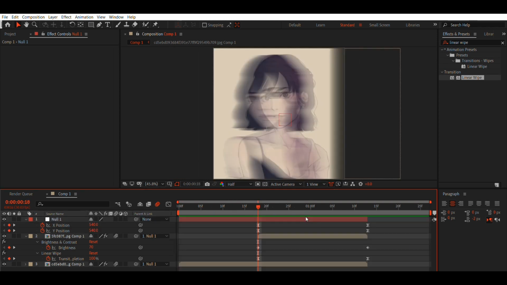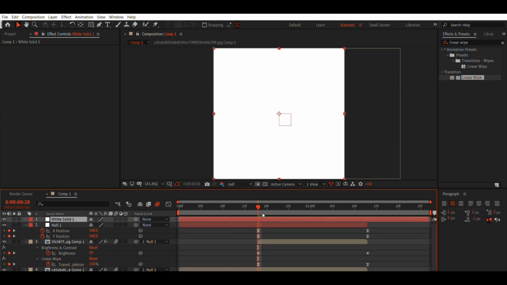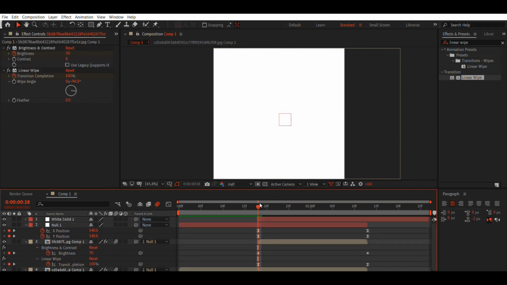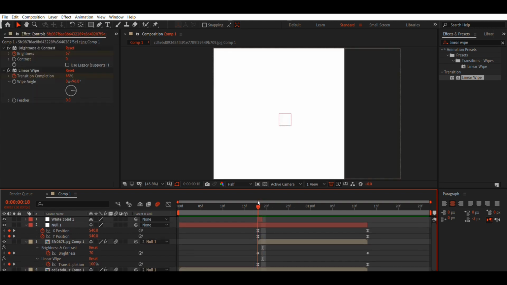Add a solid, Control plus Y on Windows. So the solid should be white, and it should be at the starting of the second clip, and it should only be 1 frame. Cut it at 1 frame and then add